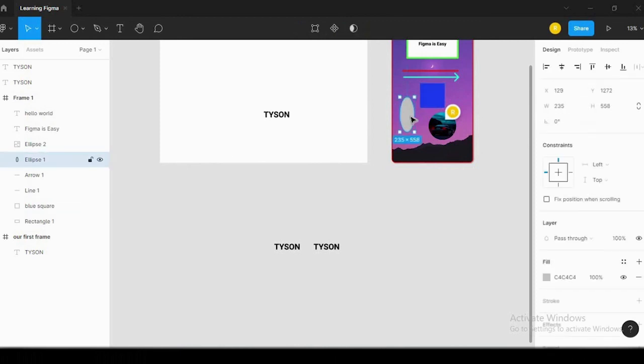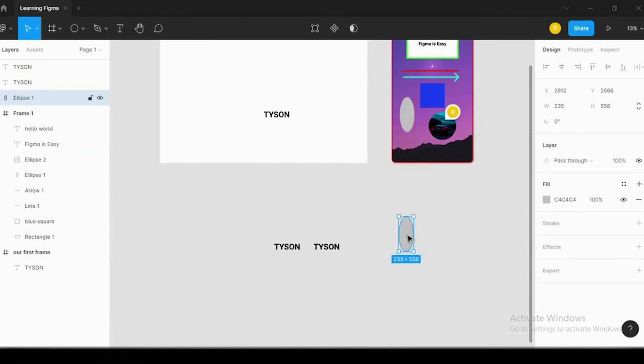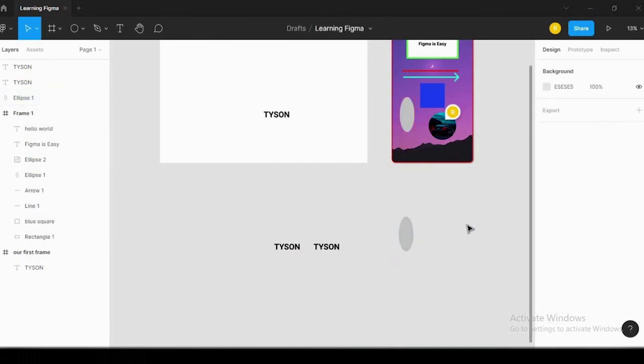Similarly, you can create copies of the shapes as well. I have selected this shape right here. I'll just hold the Alt key on my keyboard and I'll drag this thing down here. Okay, so here you can create an easy duplicate and copy of any elements that you want. And if you want to go back to the previous steps, that means if you want to undo, then just hit Ctrl and Z on your keyboard multiple times,